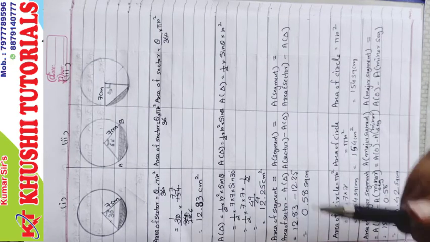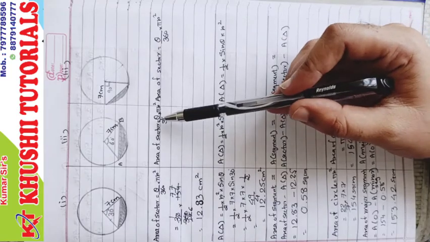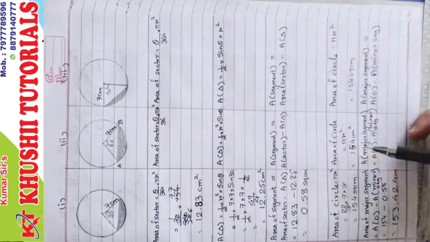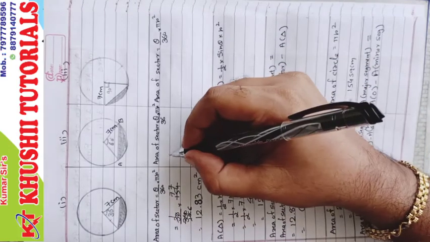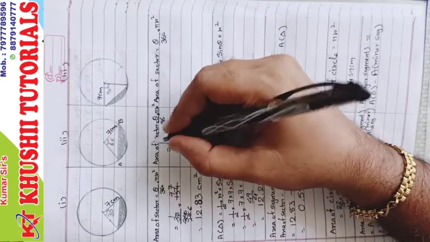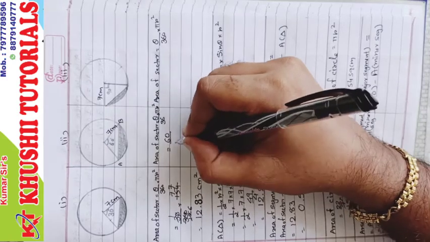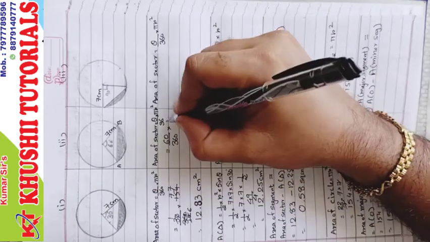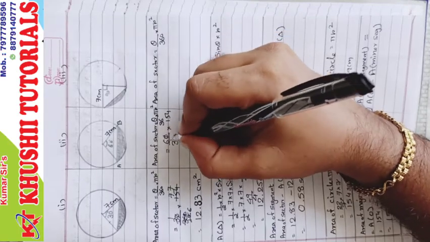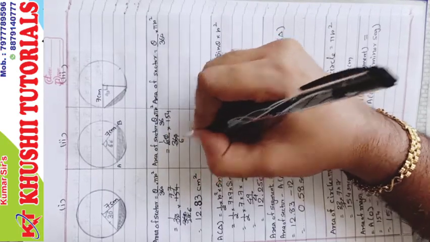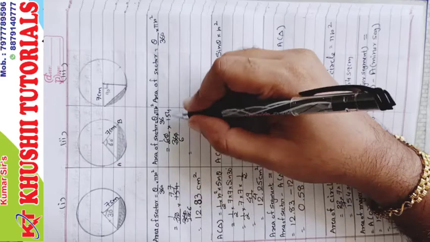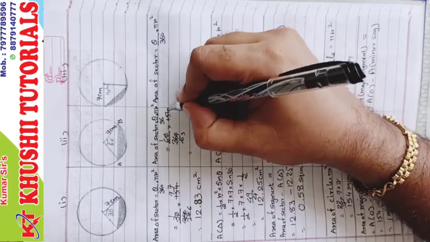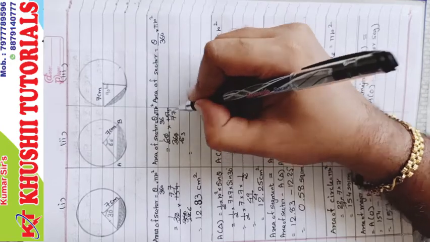The second one, area of sector. First the area of circle, that pi r square we need. Pi r square is 154. Let's start with the area of sector. Theta is 60 this time. 60 upon 360 into 154. 0 and 0 get cancelled. 6 ones are 6, 6 sixes are 36. Now directly we'll divide by 6. 6 sixes are 36, 154 divided by 6 is 77 upon 3. So 77.